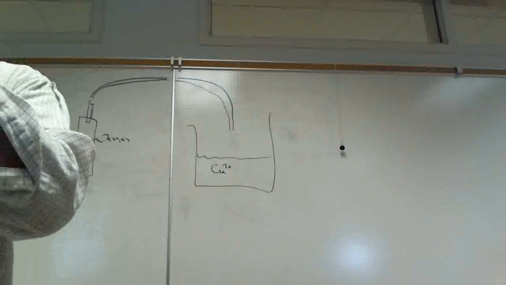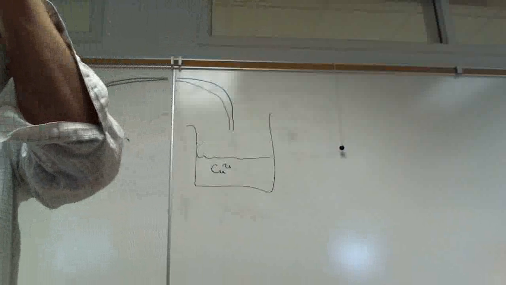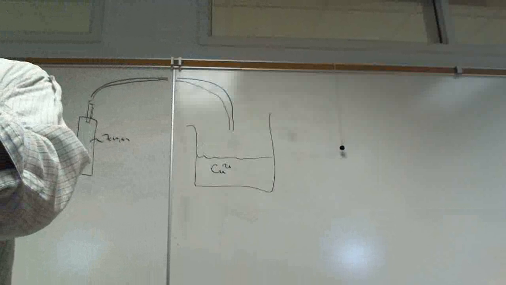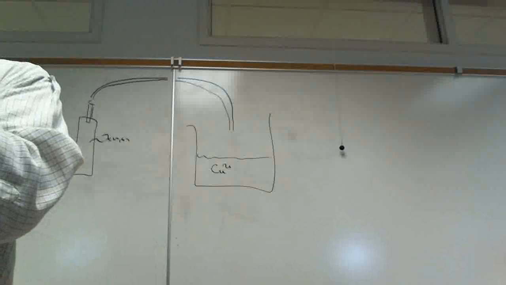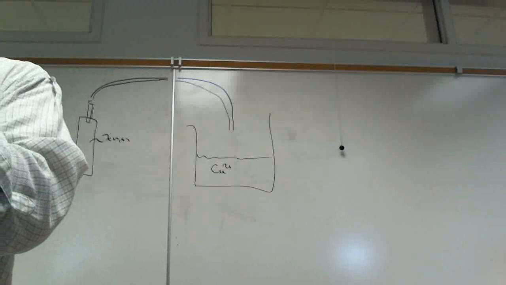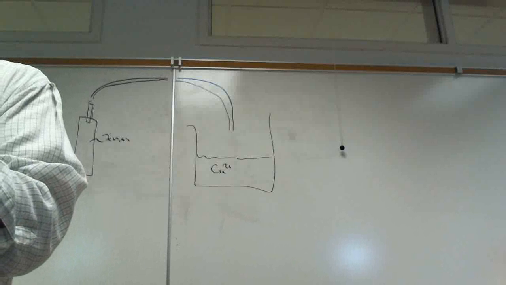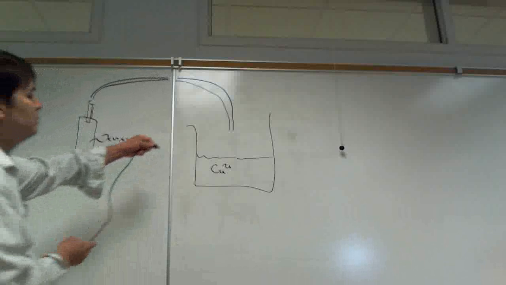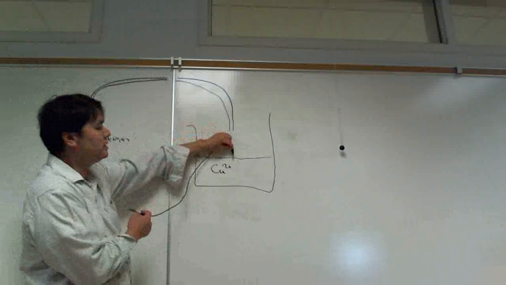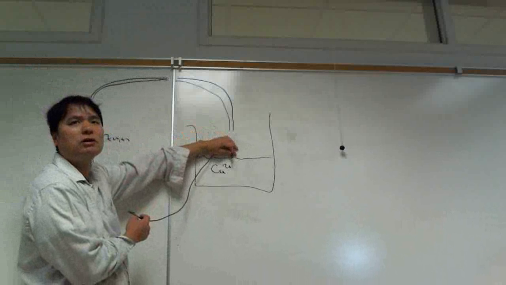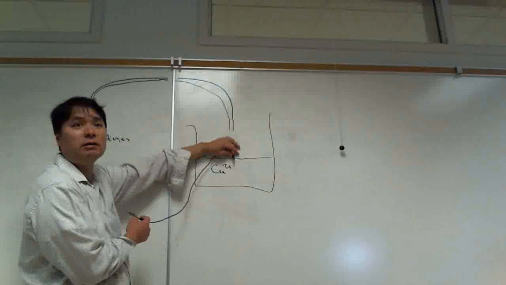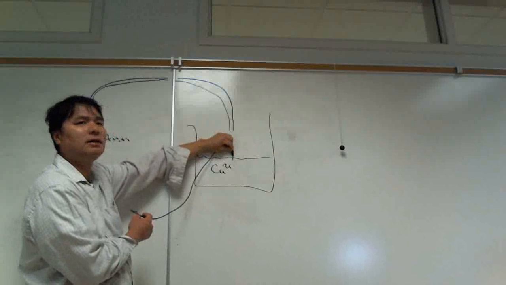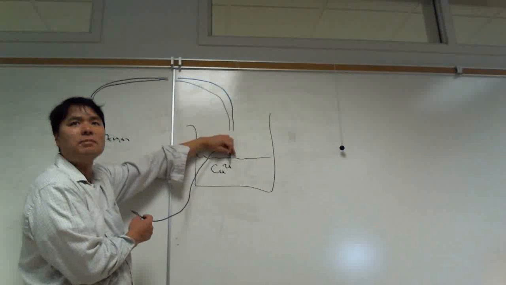Okay, but if you take a look, do you see the banana plug on the end of the wire? The banana plug is galvanized steel, I think. You know what galvanized steel is? It's tin-coated steel. And so if you were to dip the banana plug in here, we're dipping tin into it. Is copper 2 a strong enough oxidizer to oxidize tin metal? Yes. And so we don't want to dip the banana plug in here because the copper 2 will take the